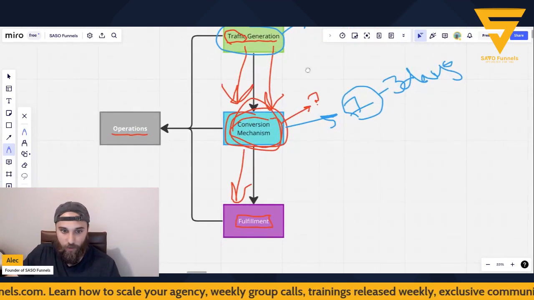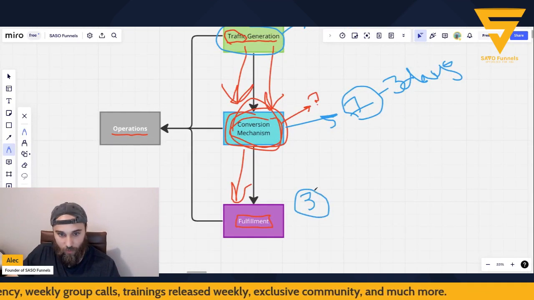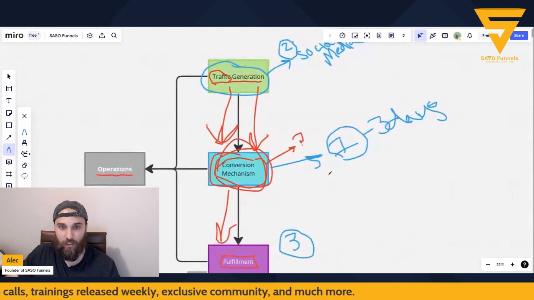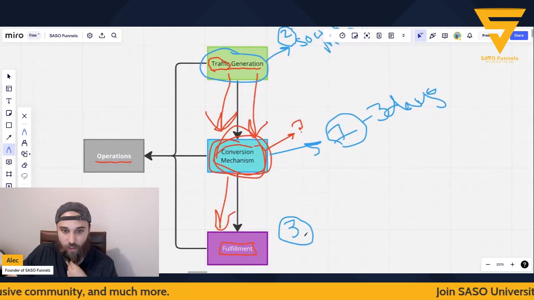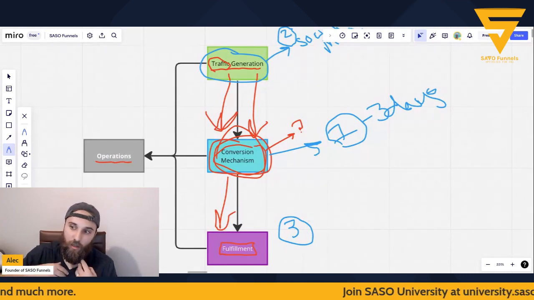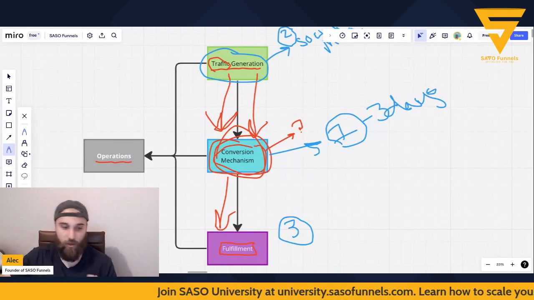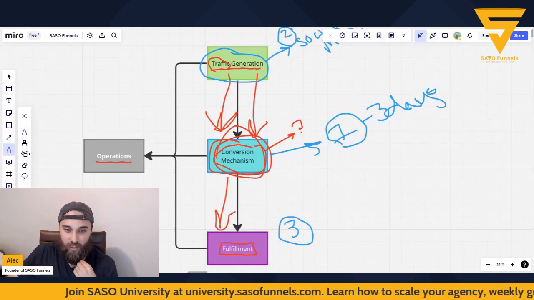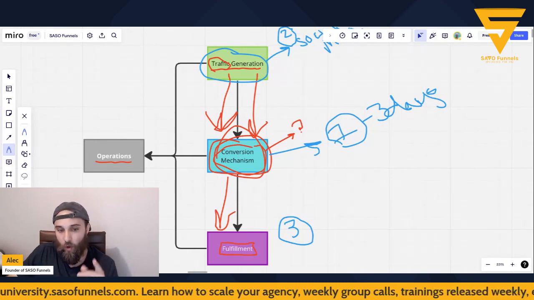And so then as you're making content to attract leads and you're reaching out and actively looking for leads, then you're going to worry about fulfillment. Fulfillment is going to be once you have somebody who's signed on, we want to start fulfilling them. Now with the fulfillment, what you need to essentially do is do what you said you were going to do. That's really the simplest way to put it.